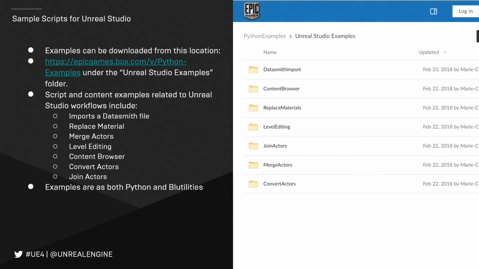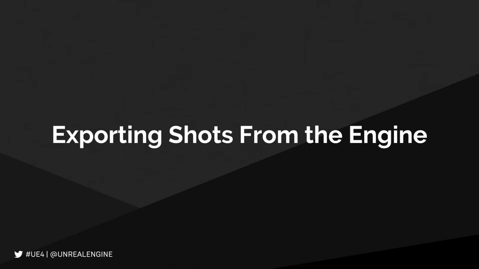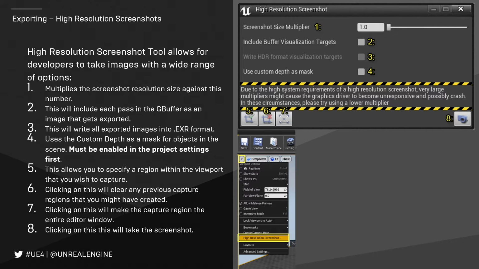Now, if you're exporting imagery from the engine, there's a few different ways that we can go ahead and do it. First off, what we can do is we can export high-resolution screenshots. Now, high-resolution screenshots are quite easy to take, and a lot of people are unfamiliar with this functionality. If you click on this arrow just up here, and then select high-resolution screenshot, that's actually going to let you set a multiplier, so it renders the next frame in anything multiplied by the current resolution. So if you have a 2K image and you multiply by 2, you end up with a 4K image.